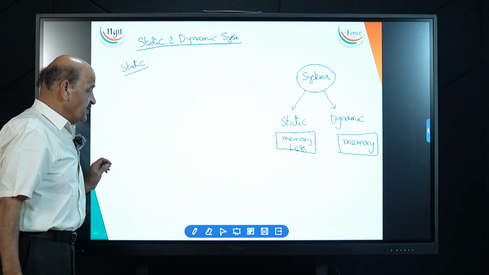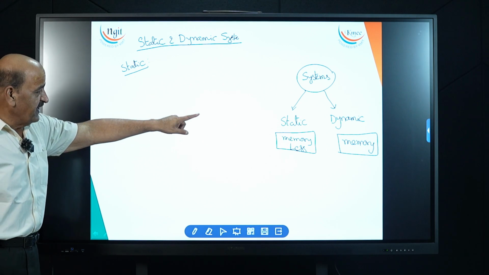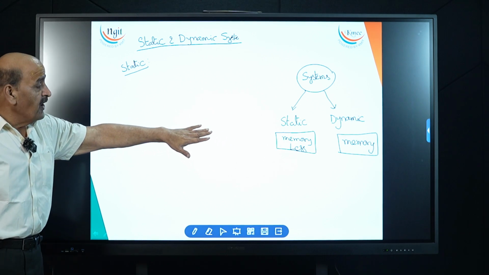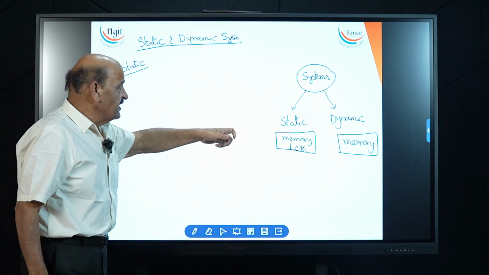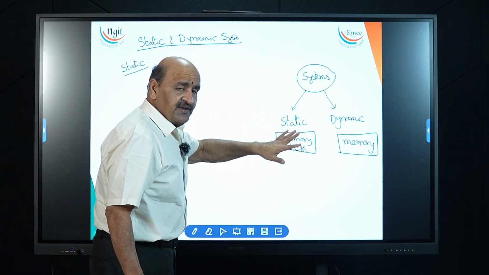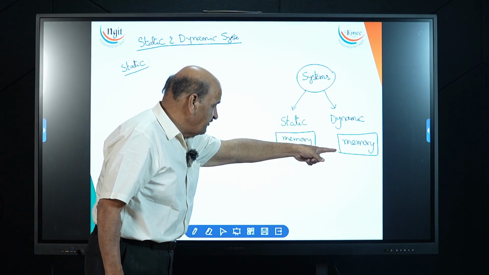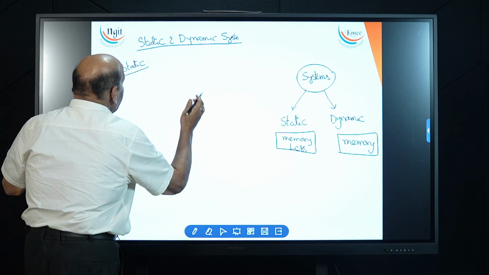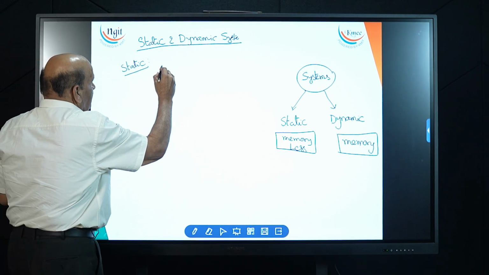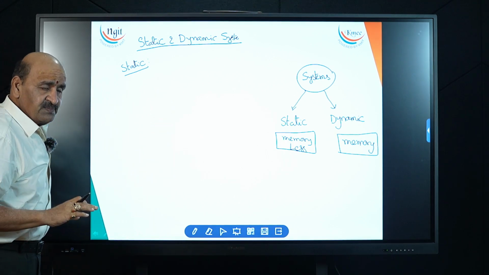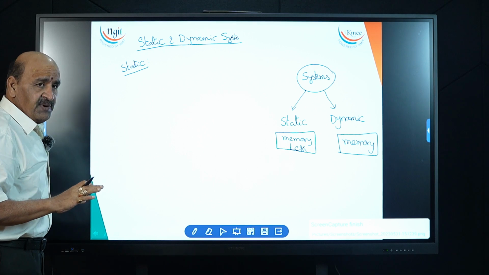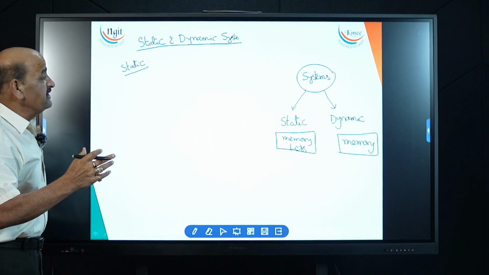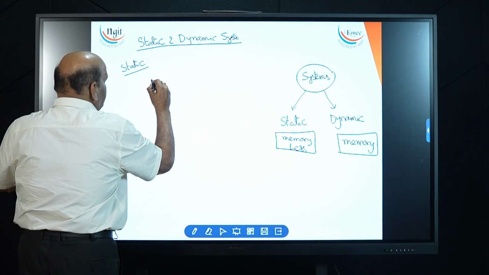Systems can be classified as static systems and dynamic systems. How do students remember this? Static means memoryless, no memory. Dynamic means full of memory. Now look at the difference: a static system always depends upon the present value, but it cannot get the previous values. That is called static. For example,